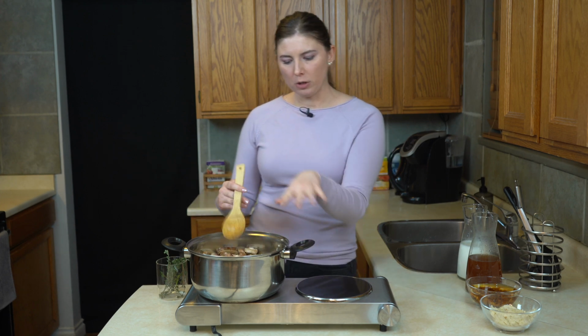So what I would recommend is, don't go too far from your pot for this, but once you've given them a good mix like I have here, and now you can kind of see that there's little bits of thyme on the top and little bits of shallot and garlic, I'm just going to give it a stir, maybe every minute, even 2 minutes. If you move it continuously, it's just going to keep steaming, and you'll never get a really nice golden brown